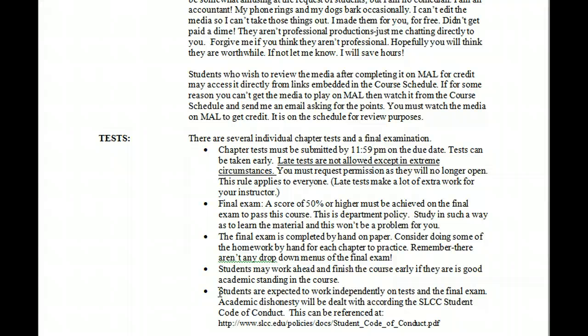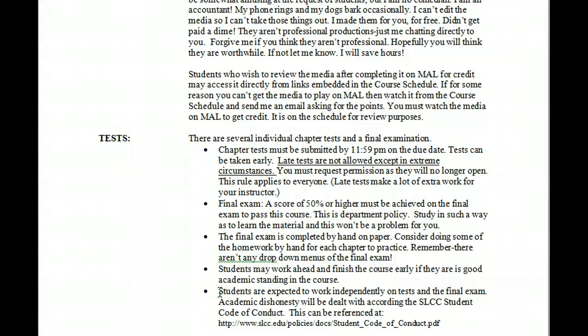Moving right along, ADA accommodations. If you have need for an ADA accommodation, let's not wait till the semester starts. Let's get started on that right now. Work through the Disability Resource Center. It can take a little time, so let's get busy on it. They will notify me that accommodation needs to be made, and I will make that accommodation for you. It's simple, it's painless. There's your phone number. The one thing that needs to happen is you not to procrastinate.